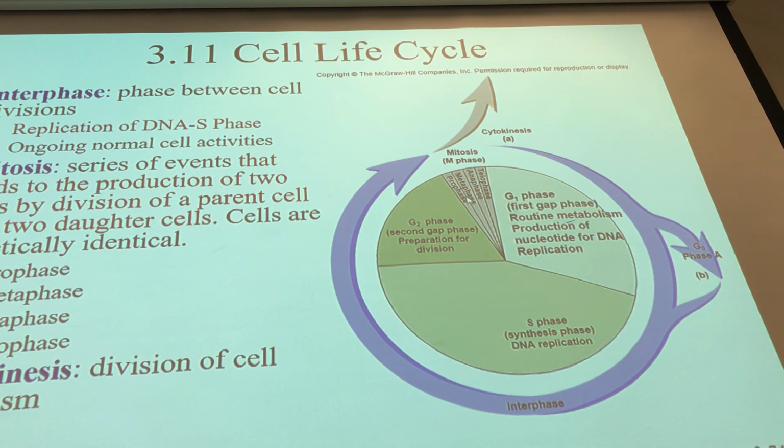The cell division phase starts with prophase, metaphase, anaphase, then telophase. That last phase where you completely separate the two cells is called cytokinesis. So once we undergo cytokinesis, we have two cells that we made from one. Those two cells are identical to each other in every way. If they're not identical, we have a real issue. Now, those two cells that we produced are also identical to the original cell that started the process. Again, cytokinesis is when we literally tear the cells apart and form two cells.